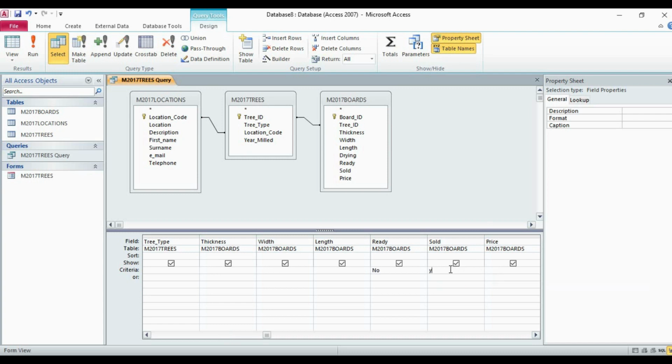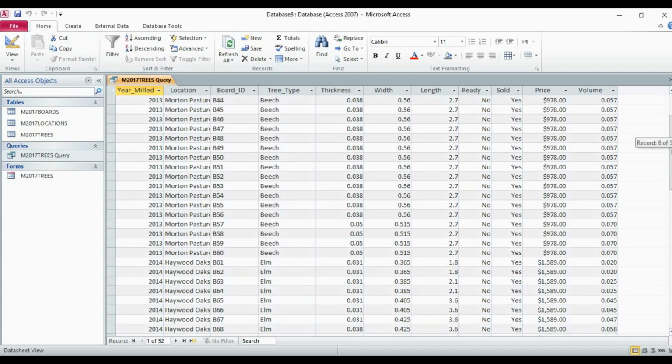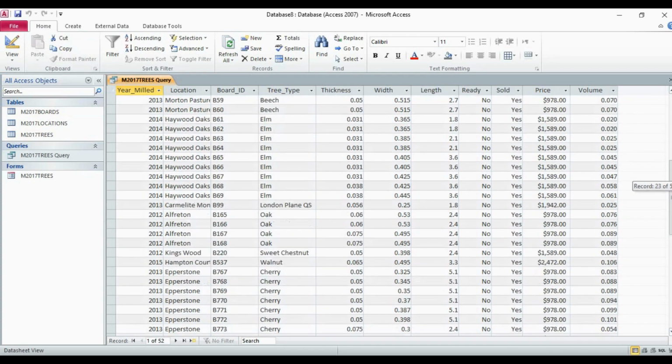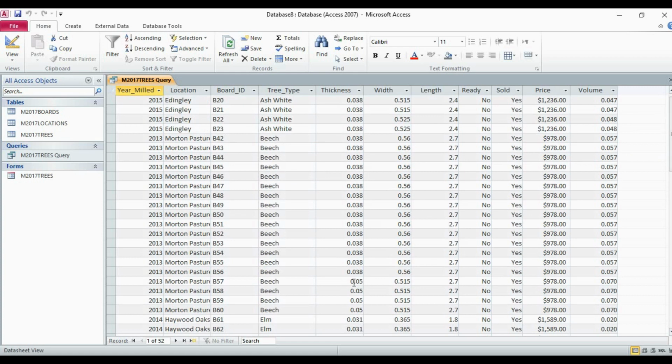Now let's run this command. So now we have all the records where the value for ready is no and the value for sold is yes.